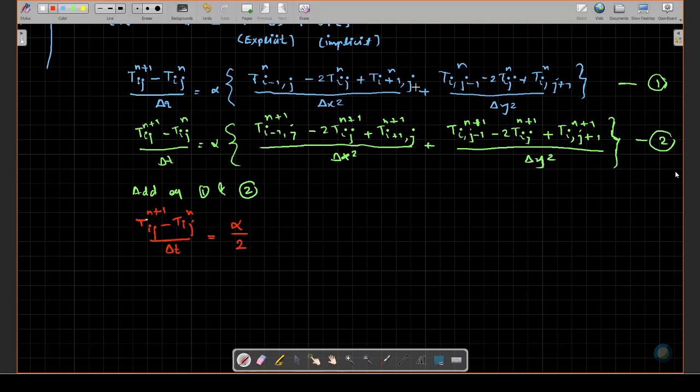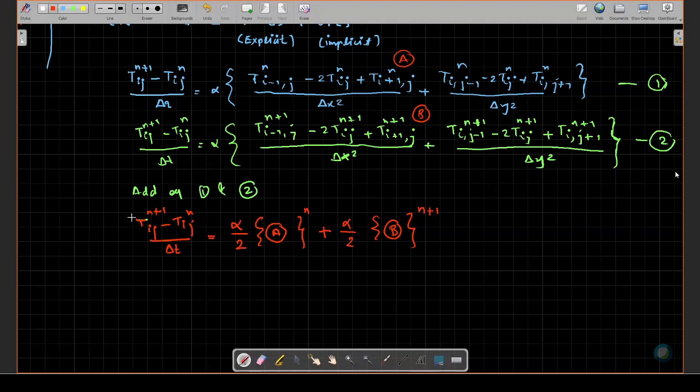this first term here. So I'll just say this is A and this is B. So this term will come here plus alpha by 2 times the B term, isn't it? So that is what it is. So here we see that one will be at n plus 1 and one will be like that. Okay, so you can say that this is all at the nth level, this is all at the n plus 1th level, right?